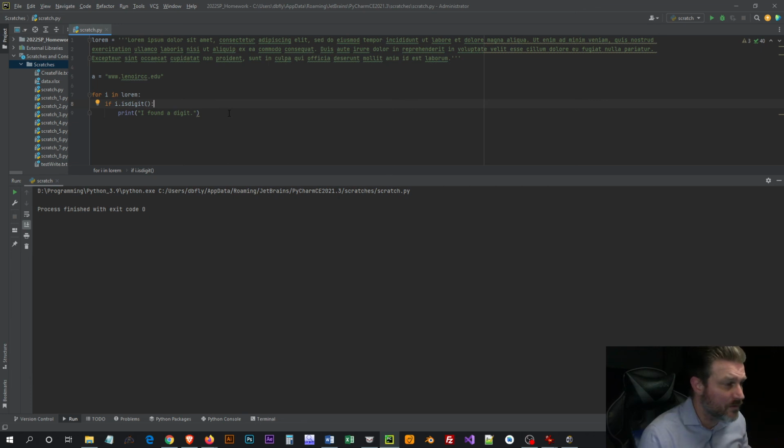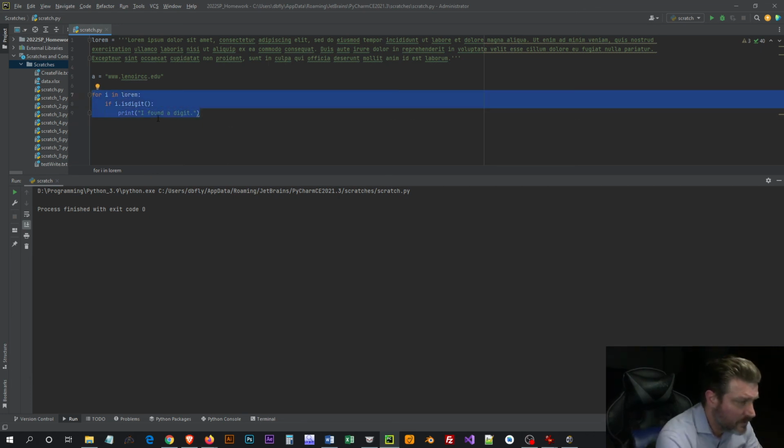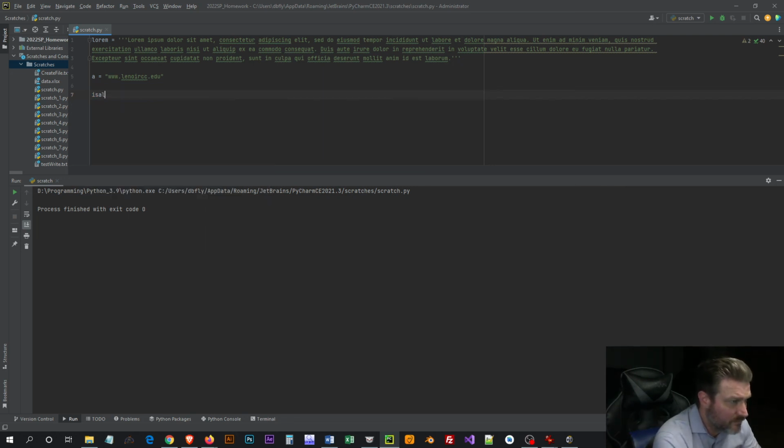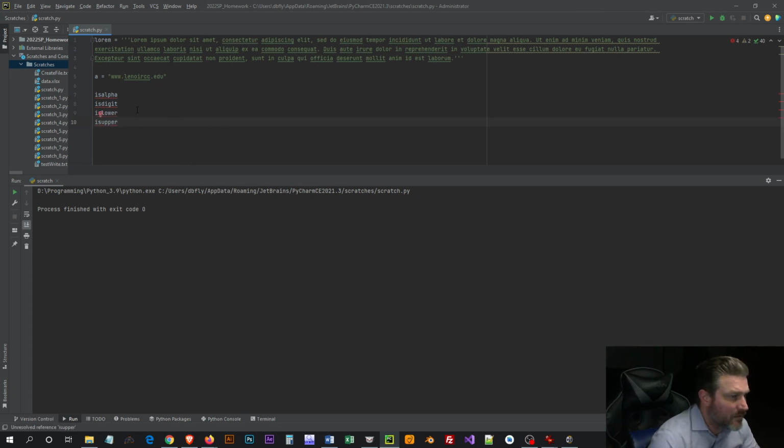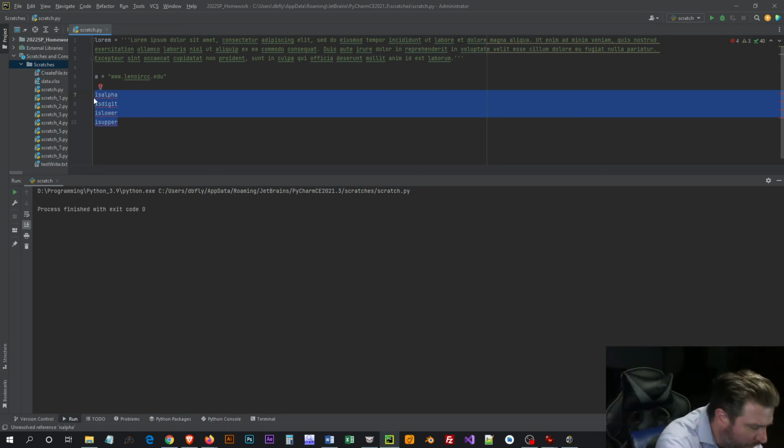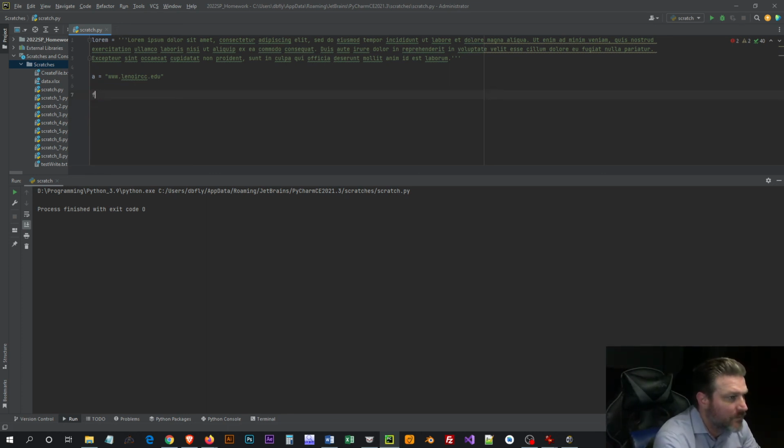Now your assignment is going to kind of follow along this right here. So isalpha, isdigit, islower, isupper. You're probably going to use these three in your assignment, at least these three, and then you're going to create one of your own. And that is what I'm going to do for this week. Let's see, for i in lorem,